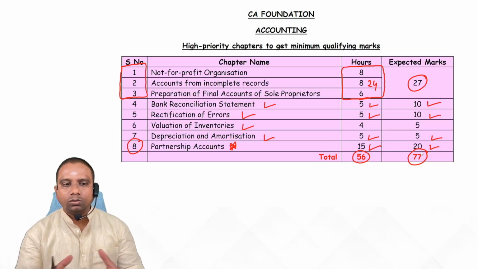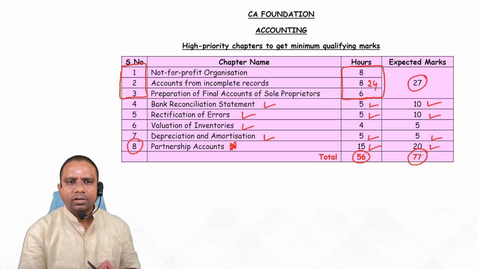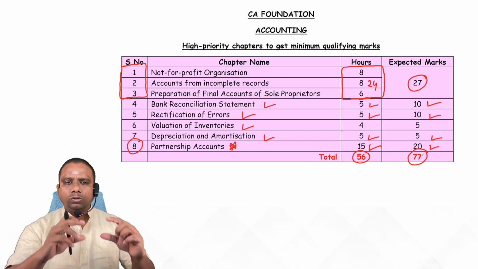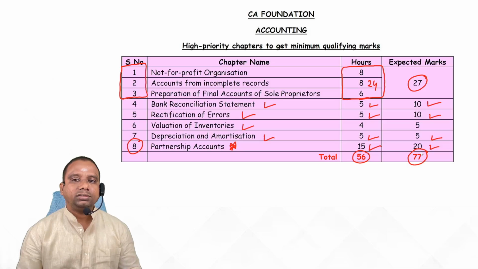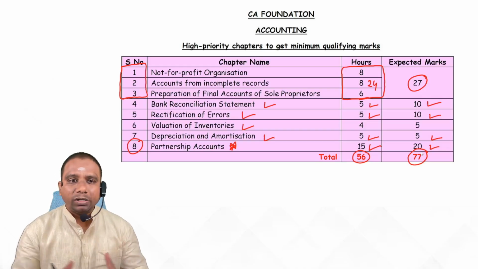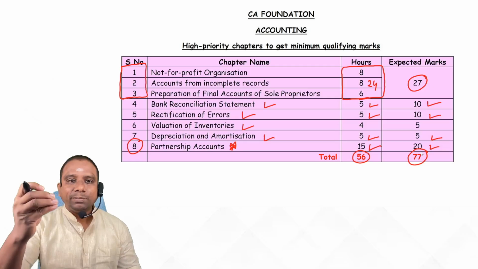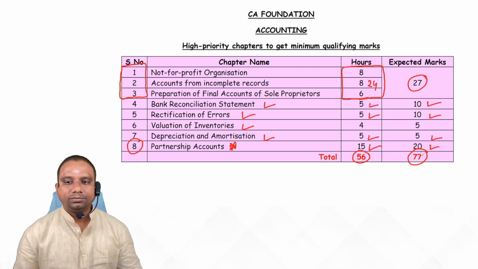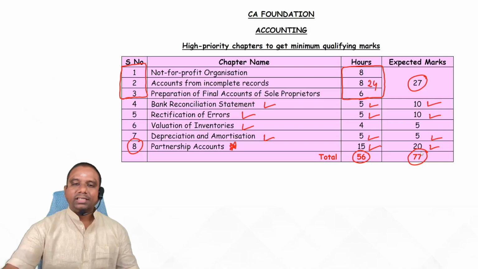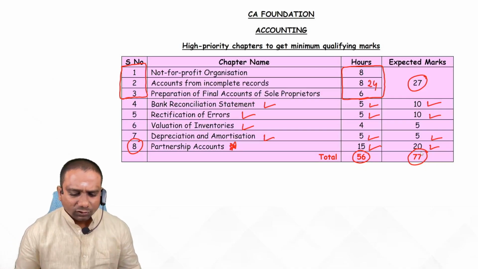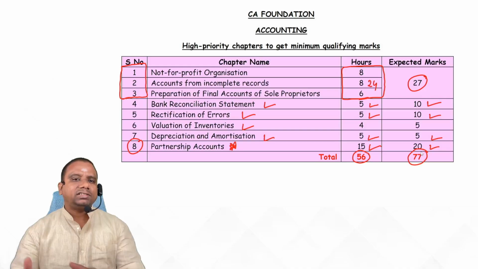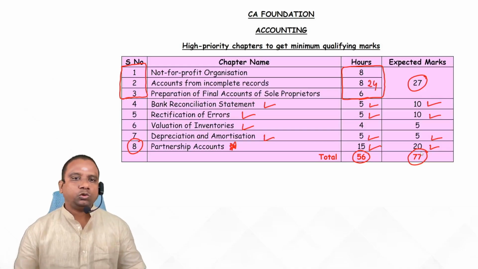Even you can score. Minimum qualifying marks are 40. So if you want to get 50 percent, 50 marks, you can even score 60 plus also. Why, sir? Because accounting is such a scoring paper. Why? Because they allot stepwise marking. Yes or no, students? Yes. So this is our strategy for the next January 2025 attempt, students.